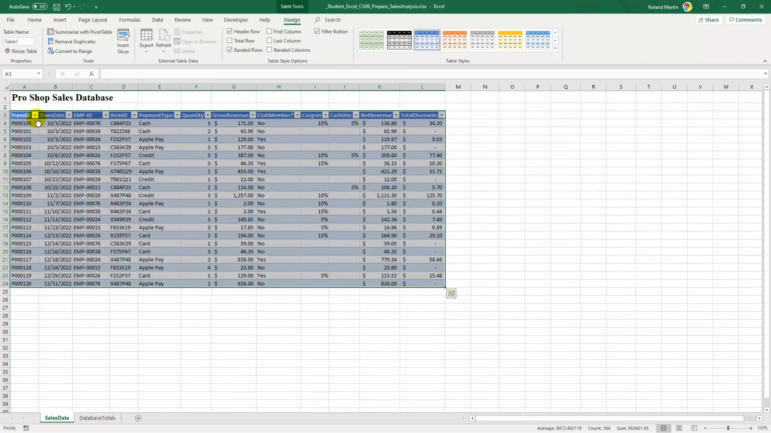And now you can see we have our drop down functions here for each of our headers that we can use for different database functions. So we've got our raw data converted into a table. Let's go ahead and do the next step in our instructions there, which was to